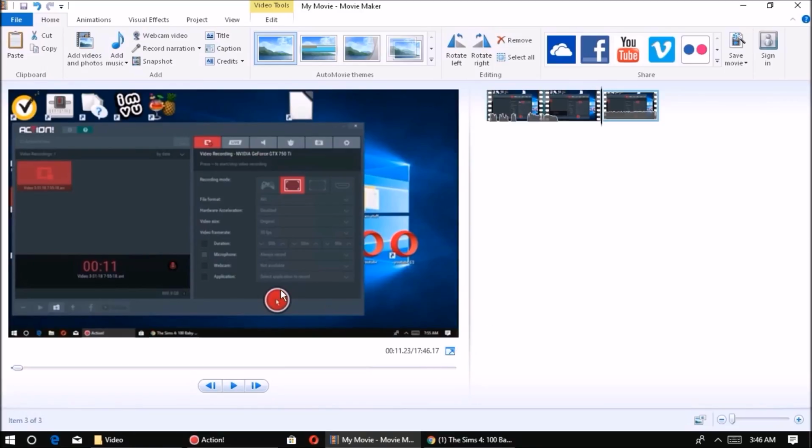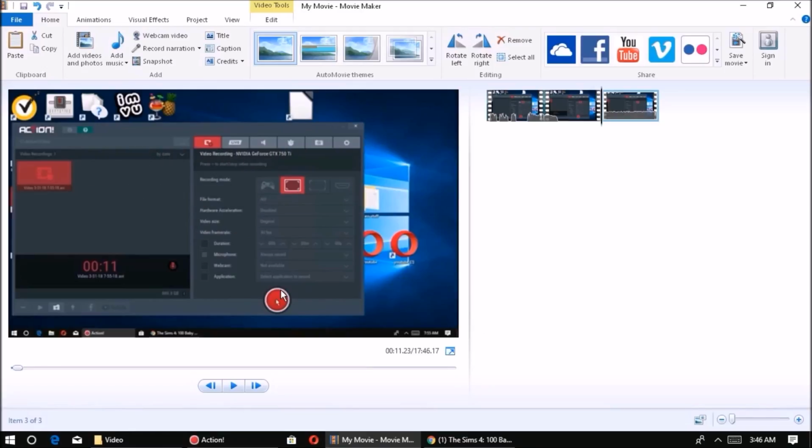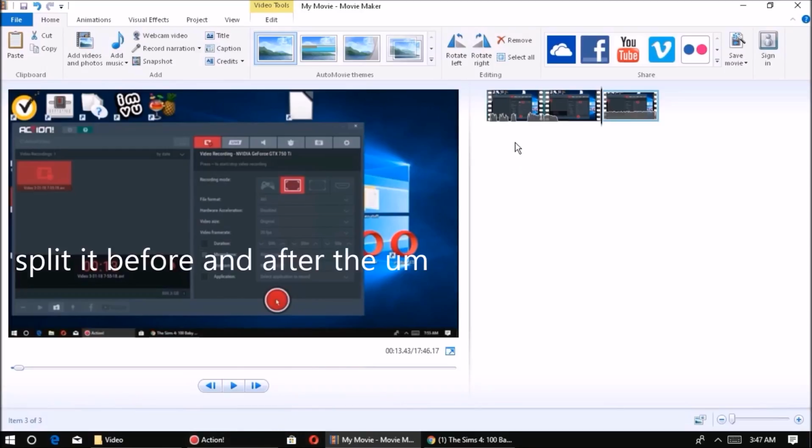And then I pressed the M key, by the way, to split it like that. So as you can see here, I've got cuts between both of them, which puts the "okay" by itself. So once I have the "okay" by itself,